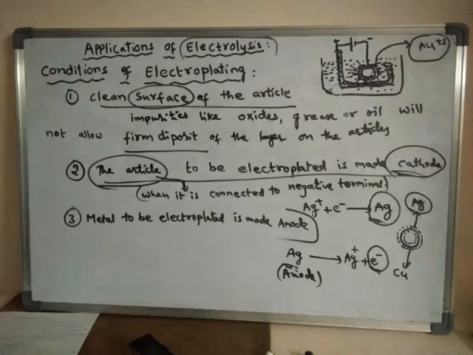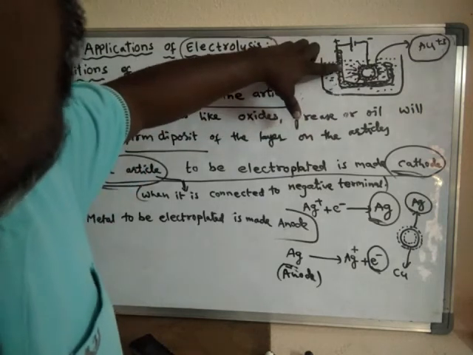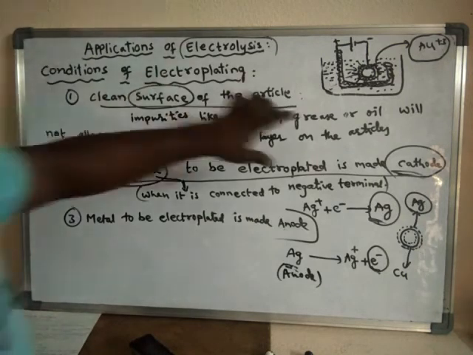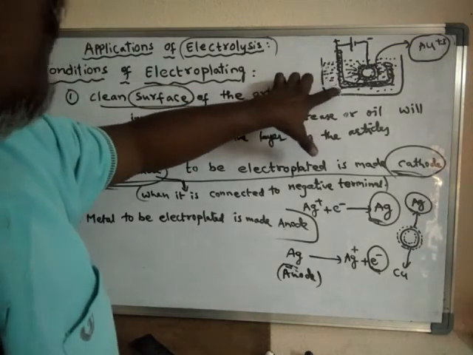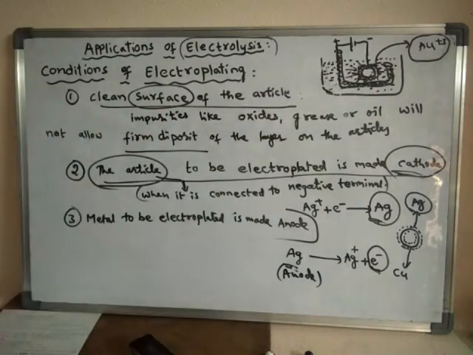Okay, so the metal from the anode loses electrons to the anode, becomes a cation and leaves the anode surface. So this metal will leave the anode surface and enter into the electrolyte or solution, and is attracted by the cathode. These metal ions which enter into the solution are nothing but cations, so they are attracted by the cathode.